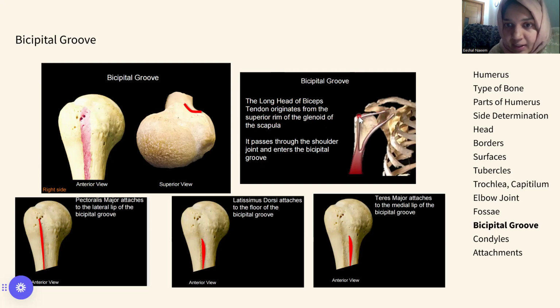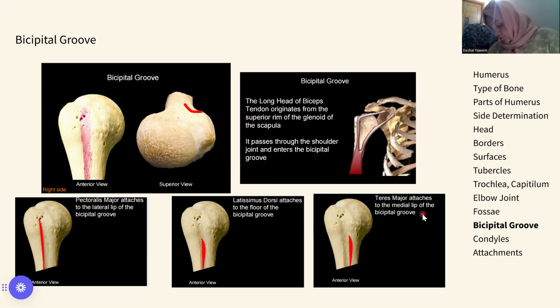It's passing through the shoulder joint and entering the bicipital groove here, right? So it's passing, it's not attaching, it's passing. And the latissimus dorsi attaches to the floor of this bicipital groove. Now, this same bicipital groove also gives attachment to the pectoralis major muscle. It attaches to the lateral lip of the bicipital groove. The latissimus dorsi attaches to the floor of the bicipital groove, and the teres major attaches to the medial lip